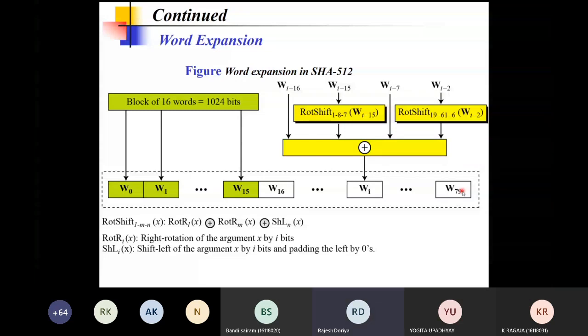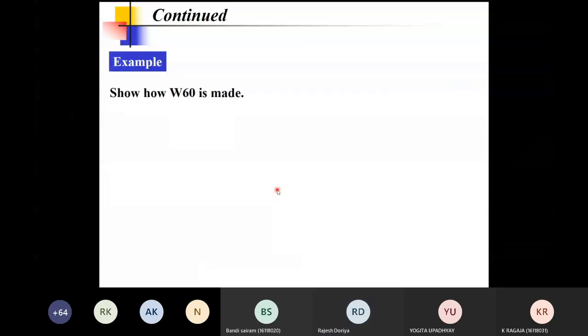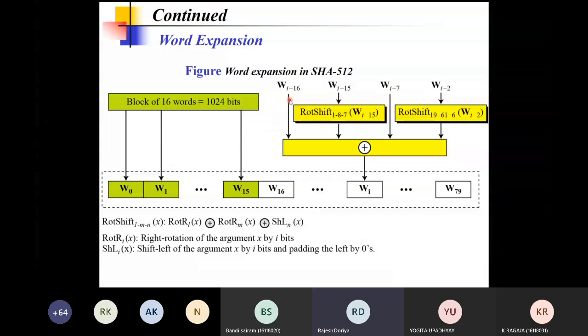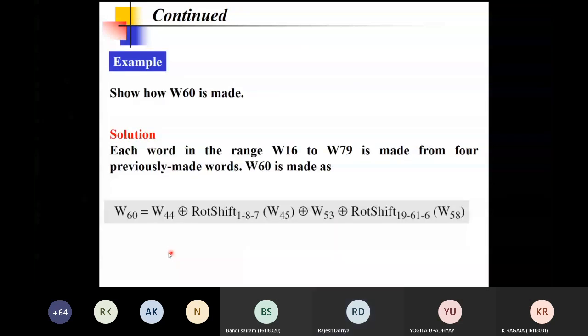I hope all of you have noted down this diagram. So I am proceeding further. This is one of the examples. If we talk about word 60, then 60 minus 16 is 44, right? Then the shift operations 1, 8, 7, right?